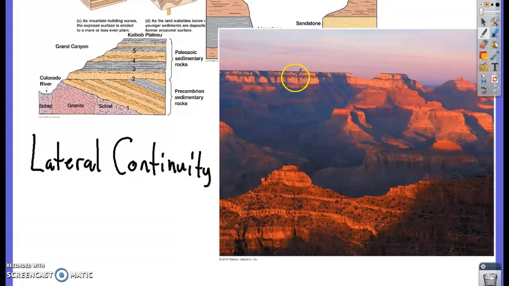For example, if there was a layer being laid down here on the Grand Canyon, it was not only being laid over here, but we'd expect out here on a little mesa or butte the same size, we'd expect to find those same layers out there. On the other side of the Grand Canyon, we might find the same type of formation. Okay, so there's lateral continuity. That means these sedimentary layers were deposited in all directions in a large area, unless there was something that stopped